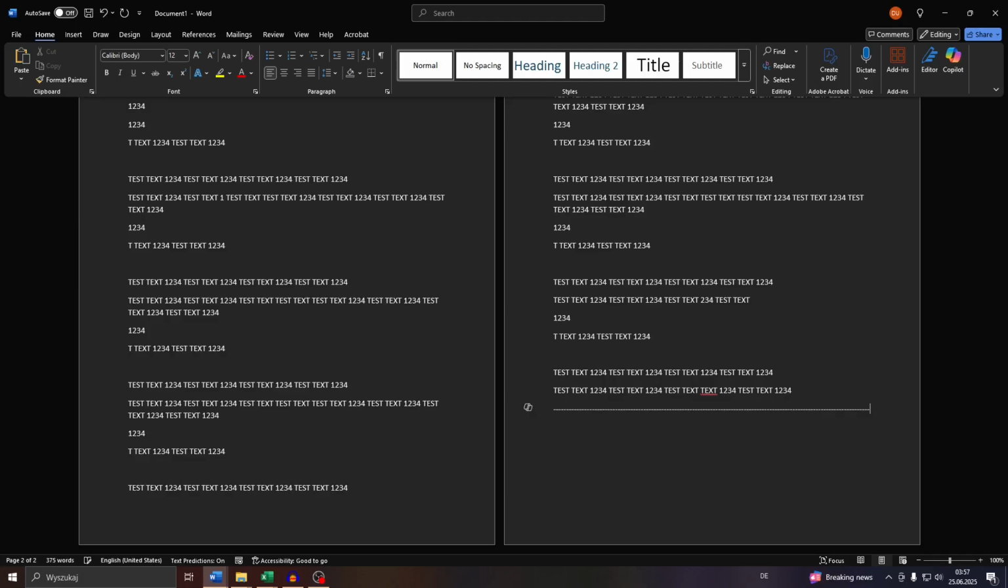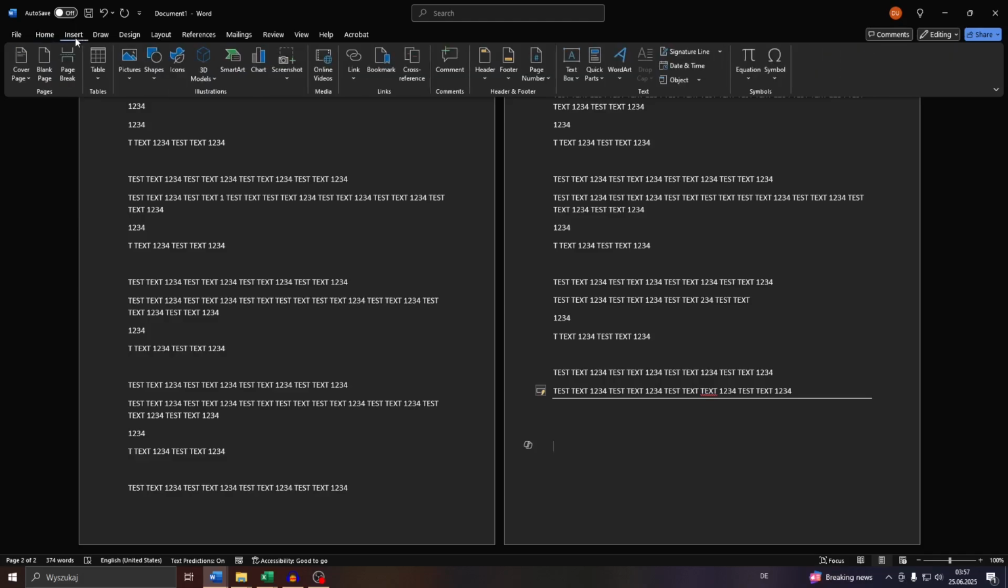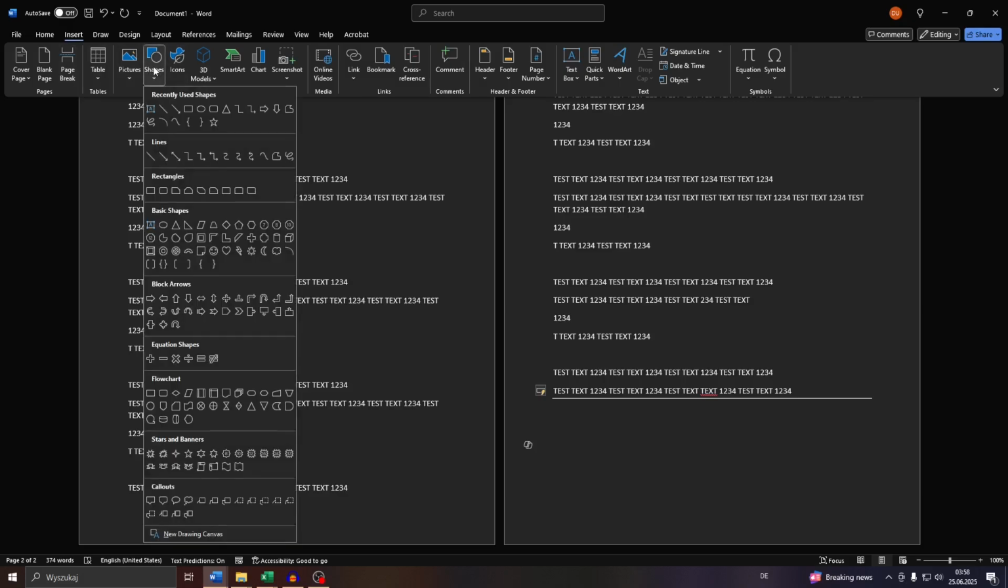So what you want to do instead, guys, is simply let me skip to the next line. You may simply add an inbuilt line here from Microsoft Word. This is how you can do it. Head over to the insert tab at the top, switch from home to insert. After that, select shapes here under illustrations and select your preferred shape, which in this case would be one of